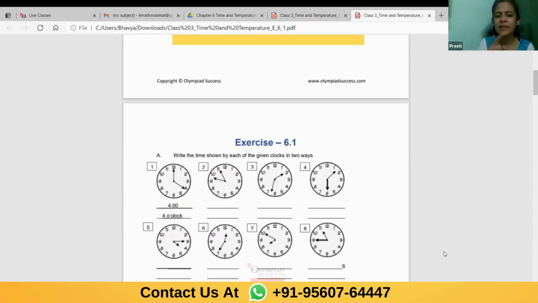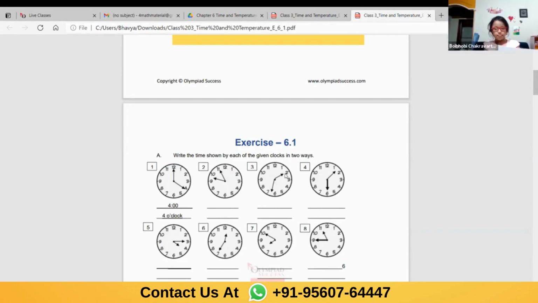Which boy, tell me, numbers are written 1, 2, 3, 4, 5, 6, 7, 8. Which clock are you talking about? Ma'am, I am explaining that the third clock is showing 2:34. No, it is not showing 2:34. Not at all. It is near 2. So it is not showing 2:34. It is showing 1:31. You can say 1:34. Because when it is 2:34, the hour hand will be between 2 and 3. No, it is between 1 and 2, I mean near 2.